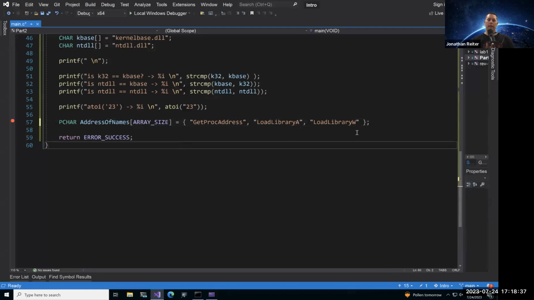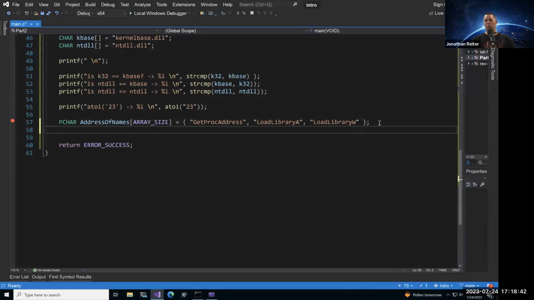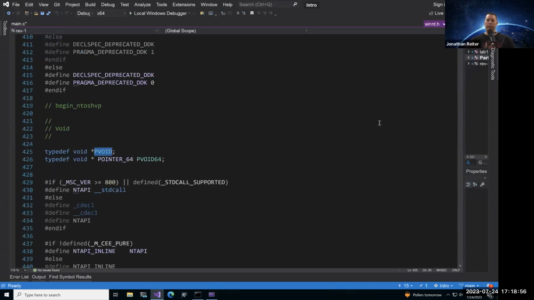Okay, so let me talk about one more thing real quick. Talk about pointers to things. There's something called a PVOID. So if you go ahead and F12 that, brought to you by the WinNT header file, is the type void star, or void splat, or void asterisk, whatever you want to call it. I just call it a splat. Fun to say. So that's a PVOID.